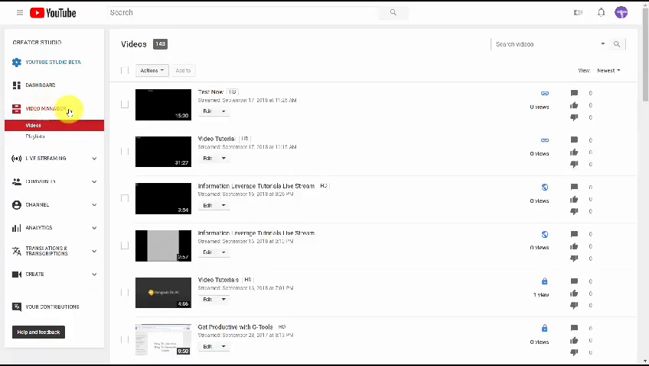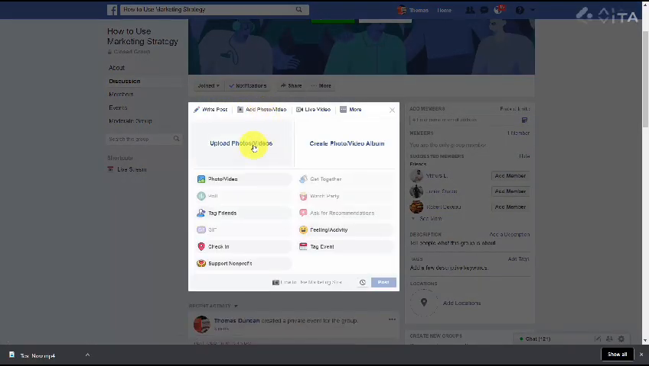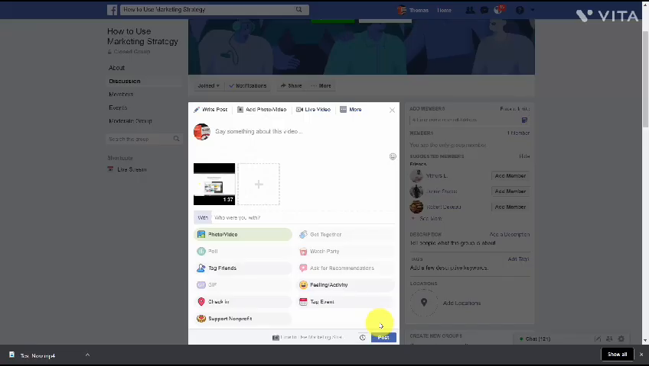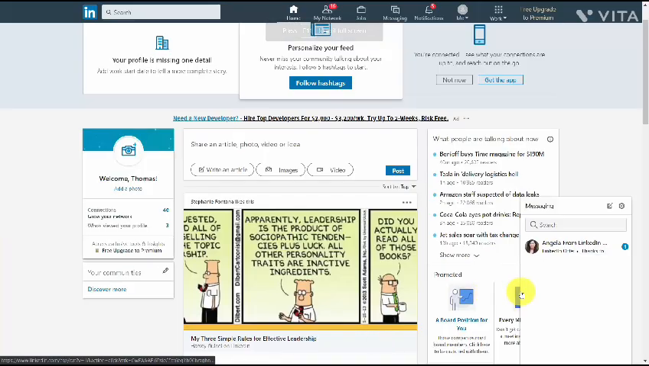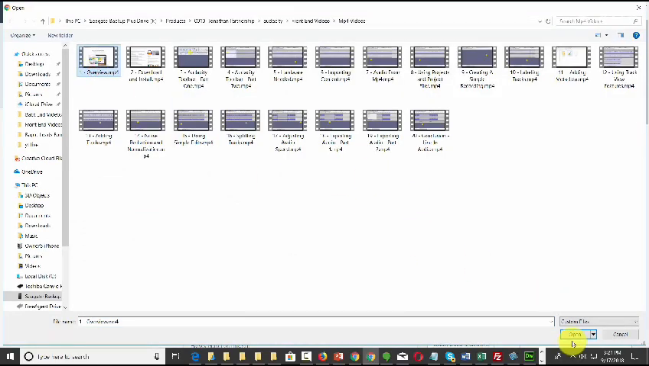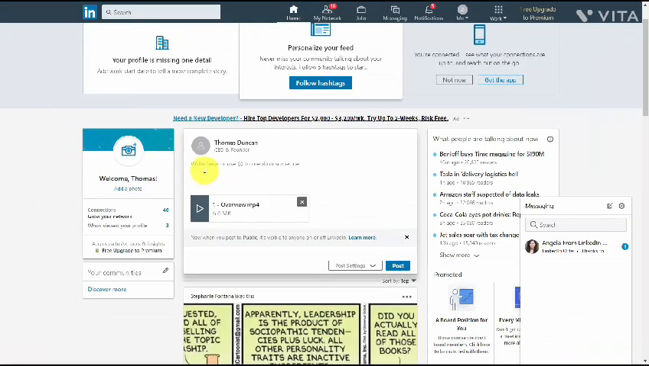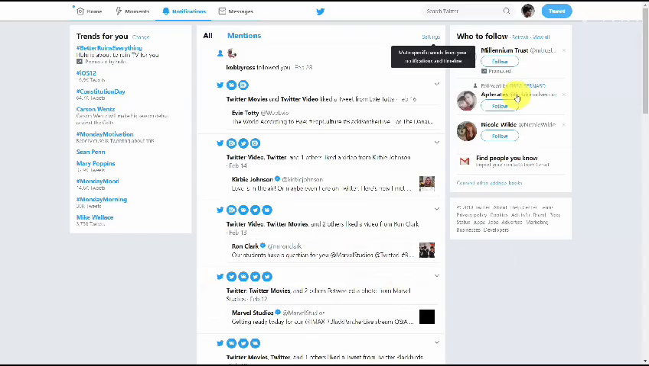Once you get to your Video Manager, what you're going to do is you're going to go to this drop-down arrow. You're then going to click Download MP4. So in the case of Facebook, you'll just click the Add Photo or Video button. You'll select the video. You'll write in your commentary, and then you'll click Post. In the case of LinkedIn, what you're going to do is you're going to go to your Post area. You're then going to click Share Videos. You'll then grab your video, and then you'll click Upload. You'll write in your commentary, and then you'll click Post. In terms of Twitter, what you're going to do is